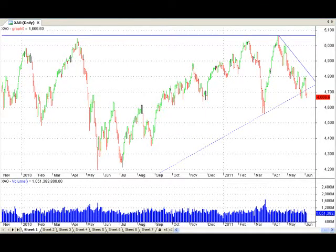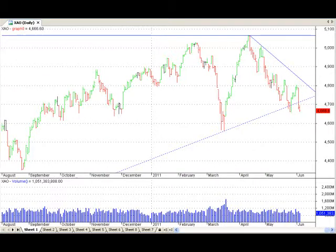This is where we look at the economy from a chartist's point of view. We see which way the indices are heading around the world, and we believe that 3 out of 4 stocks might be following those indices. So it pays to know which way they're heading so that we know which way we should be trading ourselves